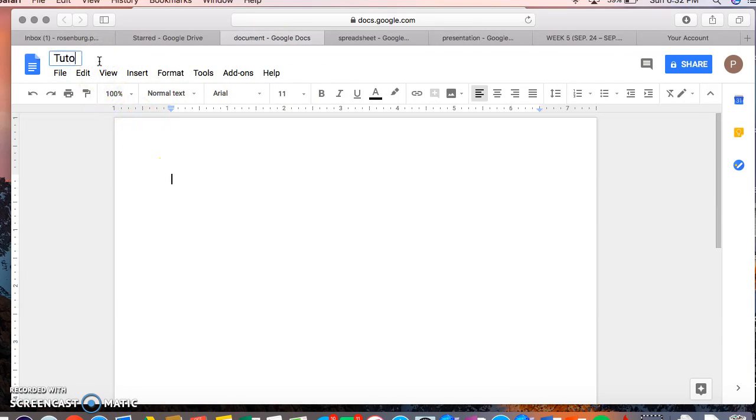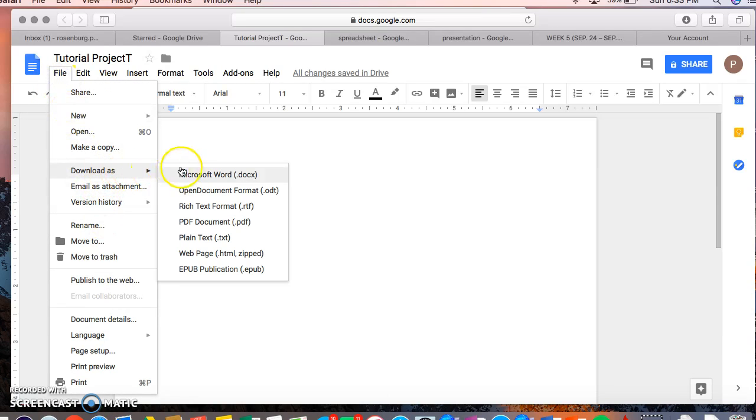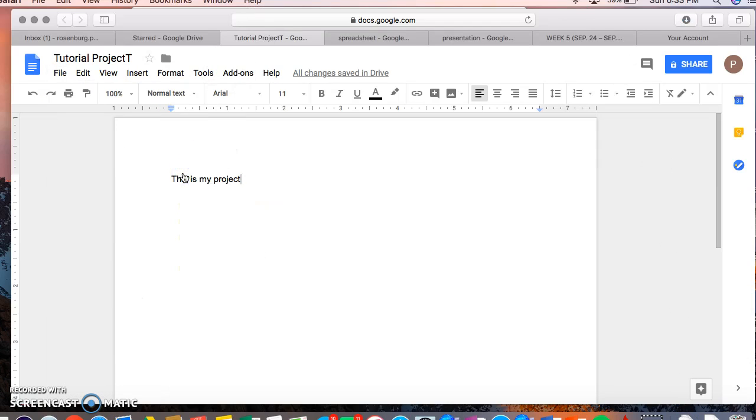So if I wanted to create a document for class, then I could type down here, this is my project. Let's say I just created a document, or I want to submit something to class. What I'm going to do is go up here to File, and click Download As. What you're going to download is a Microsoft Word document. These are formats that teachers do like. So it's downloading it to your computer. Like I said, you can always delete it after you submit it, but this is kind of how you're saving it, or at least going to be able to